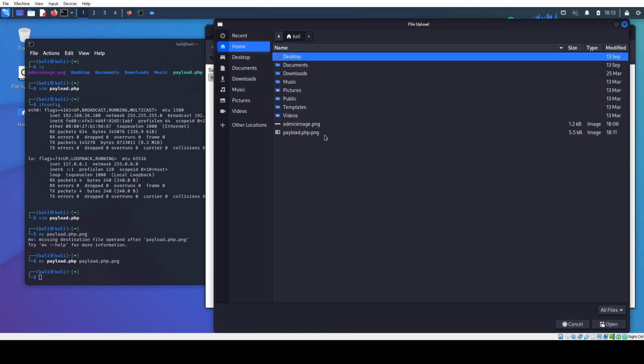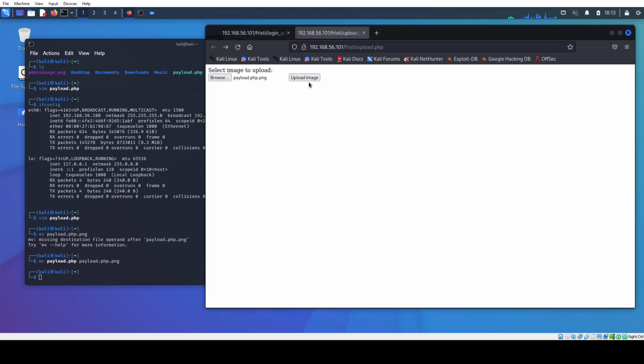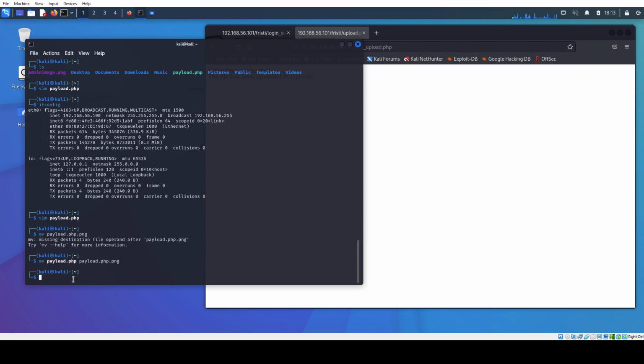So I'm going to browse, and I am going to click on my now double extension payload, open it, and upload the image. Uploading, please wait. This file has been uploaded to /uploads. So what I'm going to do is I'm going to first set up a listener here. Because the reverse shell basically says, instead of me connecting to you, you are going to connect back to me. The reason why that is